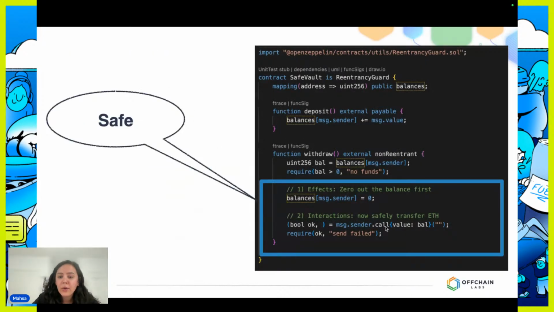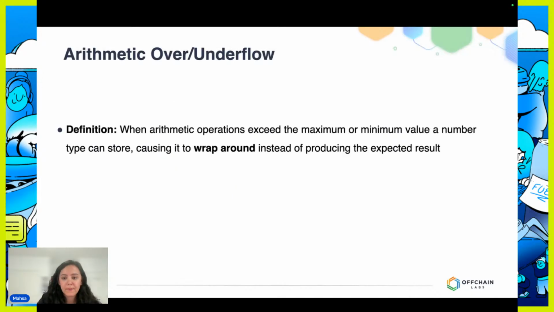So here the safe contract would be the same vault, but safe, of course. In the withdrawal, the contract first does the effect, so it updates the balance. Here we're setting it to 0, but you can decrease it according to how much the attacker is withdrawing. I keep saying attacker, but the person. You update the balance first, and then you do the interaction, whatever it is. Here we're sending ether to the withdrawer. So if they call back to the withdraw function again, their balance gets checked, and because their balance has been updated, they're not able to do this loop again and again. So we're safe against reentrancy.